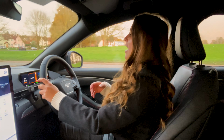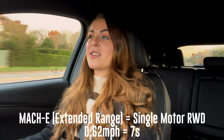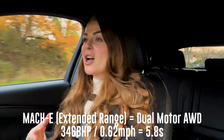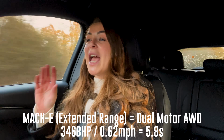Now, the extended range rear-wheel drive car utilises a bigger battery, but that does make it quite a lot heavier, and that makes it the slowest Mach-E, but that's still only 7 seconds from 0 to 62, which isn't bad at all. Those seeking extra pace might be interested in the bigger battery 346 brake horsepower extended range all-wheel drive model, which takes just 5.8 seconds